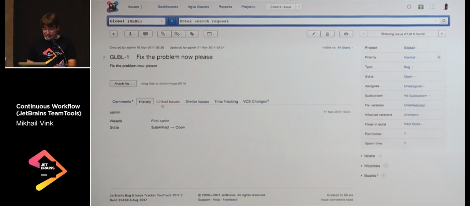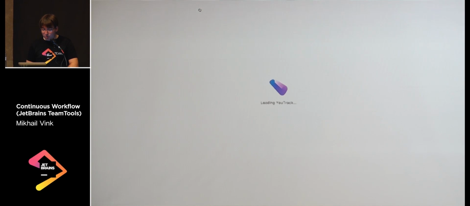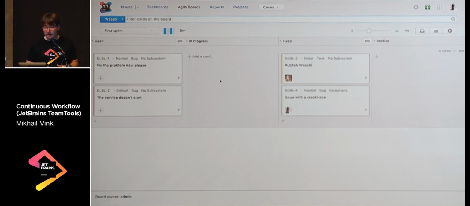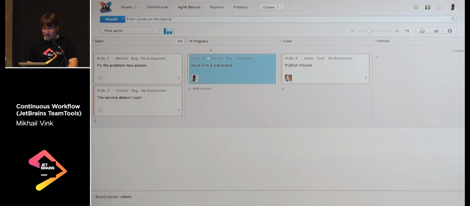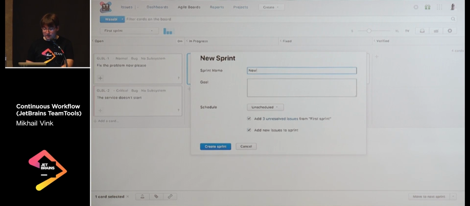And of course, you get the history and all the similar issues to understand just what's happening here. And one of the things which are really convenient for agile teams, and those using Kanban or Scrum, is this board. So here I have an agile board where you get all the insights into your current sprint. Here I have only one sprint defined, but you can definitely create a new sprint,